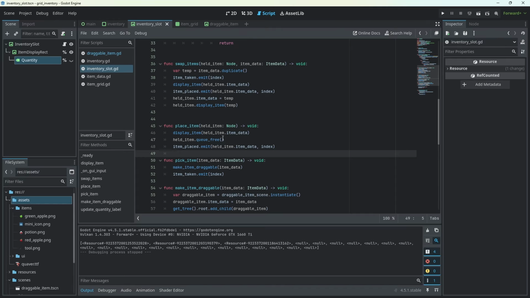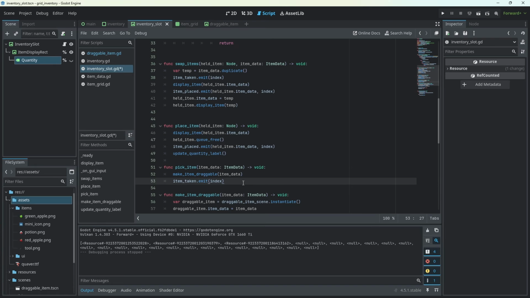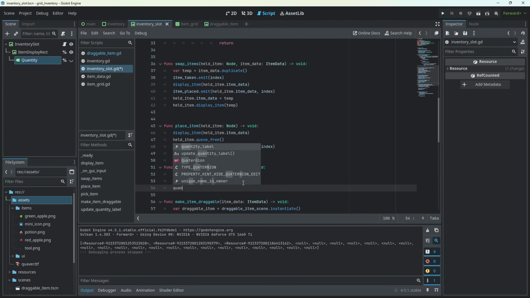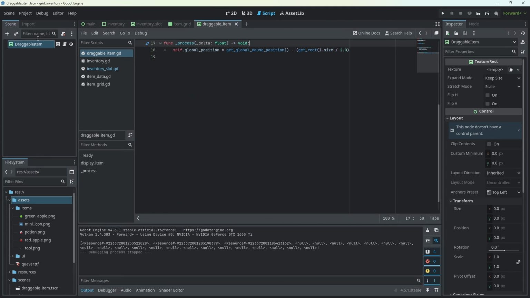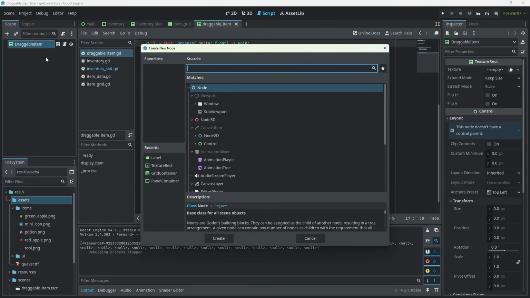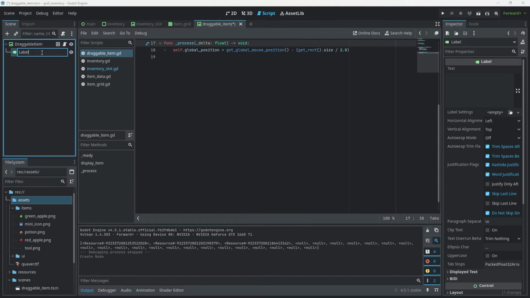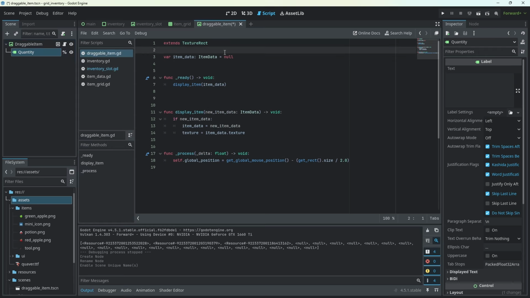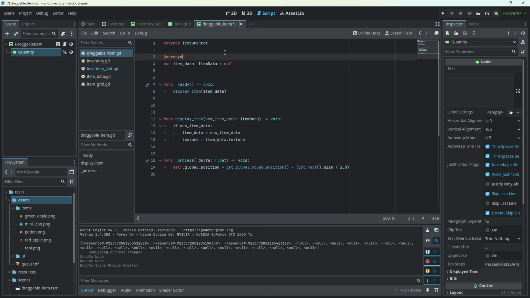inventory slot script in here, and let's call update quantity label when we place an item down, and in here when we are picking an item up, we're going to say quantity label dot hide. Now let's go into our draggable item scene and create another label that is also going to be called quantity. We're going to give it a unique name, and